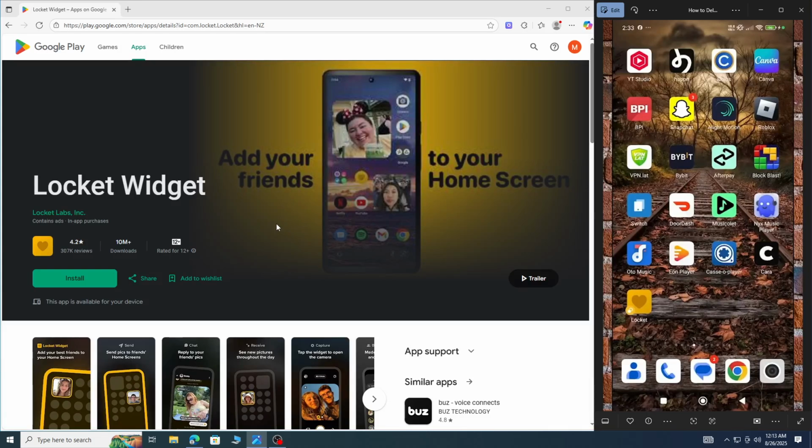Hey everyone, welcome back. In this quick tutorial, I'll show you how to delete a picture from the Locket Widget